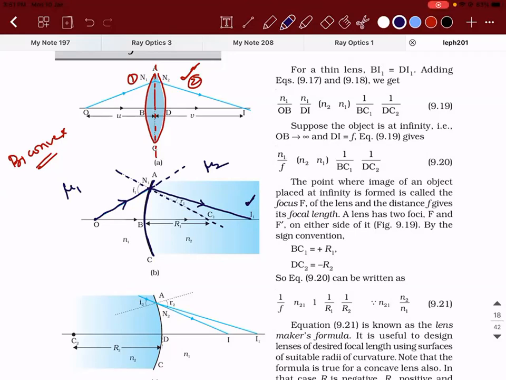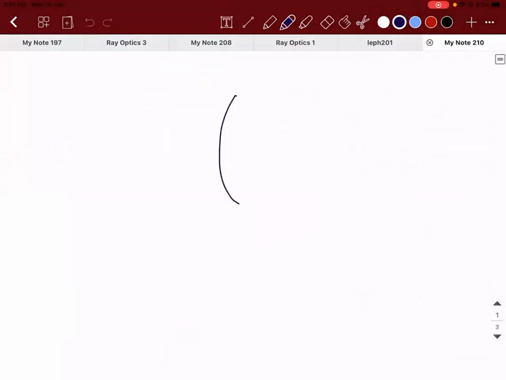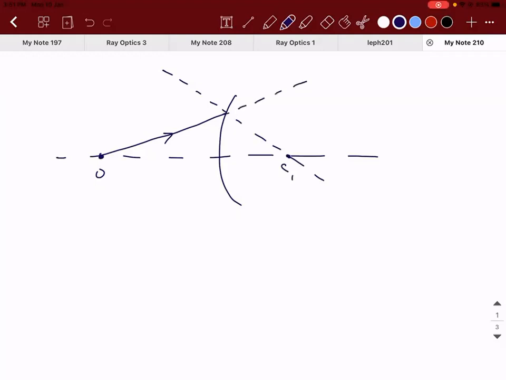Yes, sir. Now, there are two possibilities. I just have to stress this point for you to understand it. If I take the same diagram, try to understand this. If the object is placed here, this is the incident ray. And at this point, if there is going to be the center of curvature, the ray is traveling in this